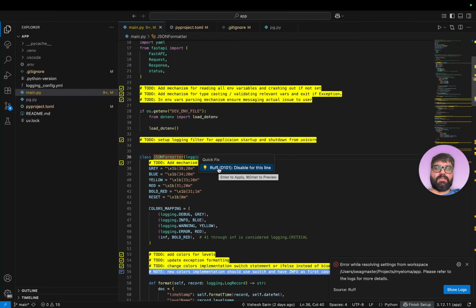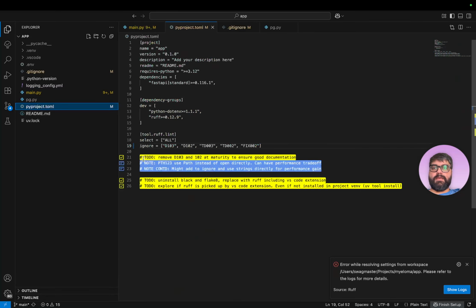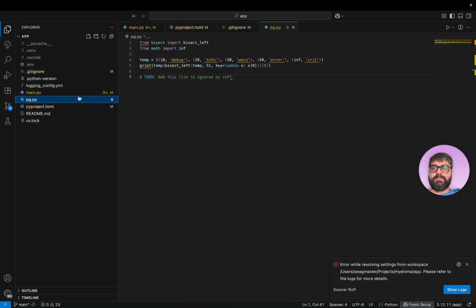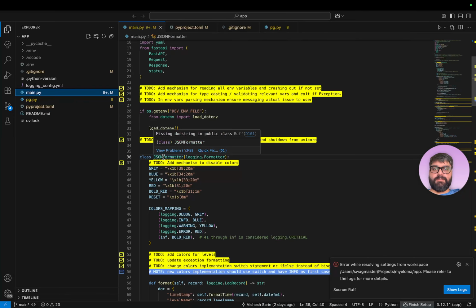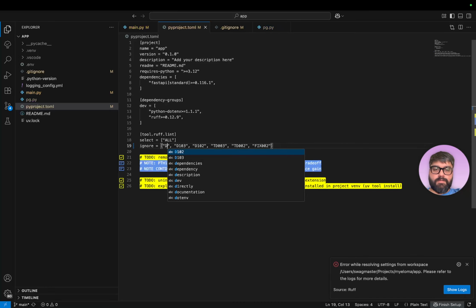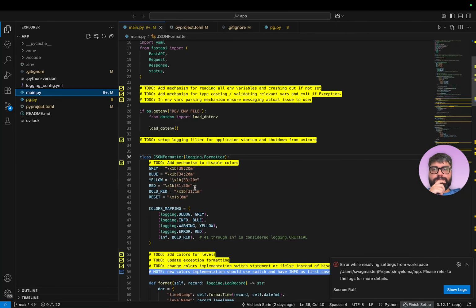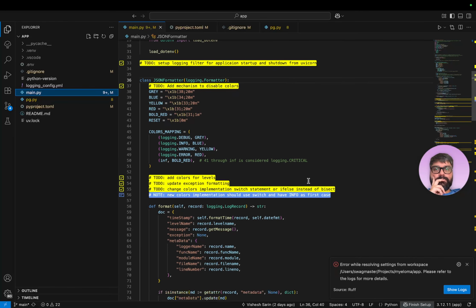And I don't want to disable it for this line because this is going to be a common problem all over the place. So I'm just going to go ahead and add, I think it's D101, so I'm just going to add it with the others at the start. So D101. That should fix that issue. That should, yep, okay, so that's not complaining anymore, which is nice.